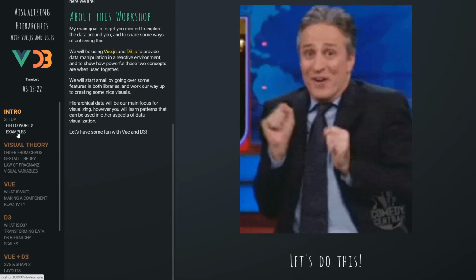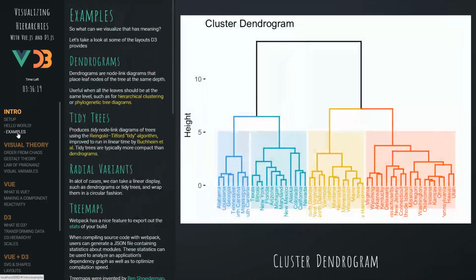We'll continue. We'll go to some basic examples while you guys are setting up here. So some examples. Let's take a look at some of these layouts that D3 provides. So we have clusters, which are also dendrograms. They're kind of one and the same. What they are is node link diagrams that place the leaf nodes of the tree at the same depth. So as you can see here, every single one of these leaves, which is basically a node that does not have any children, they are all placed at the same level. It's useful when all the leaves should be at the same level for hierarchical clustering